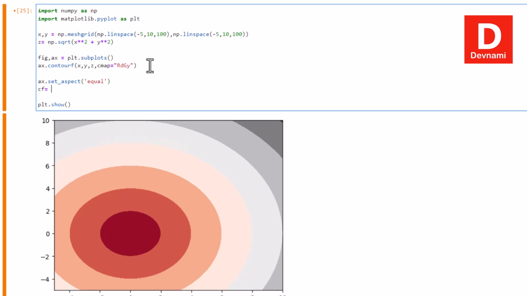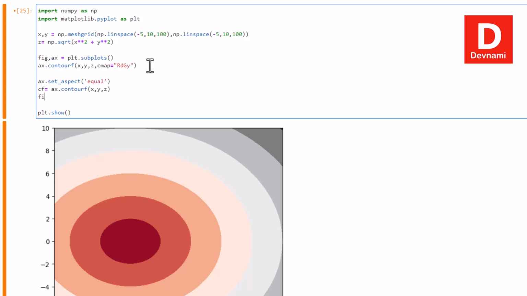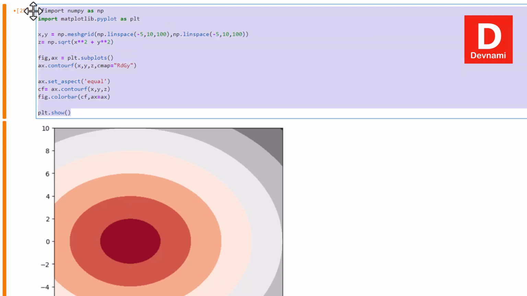Then you use cf, where you can use ax.contourf, and within that function you use X, then Y, then Z. Then you give your figure the colorbar, right? For that you will be passing in cf and your axis, so cf then ax set to axis, right? So if I select everything and run,